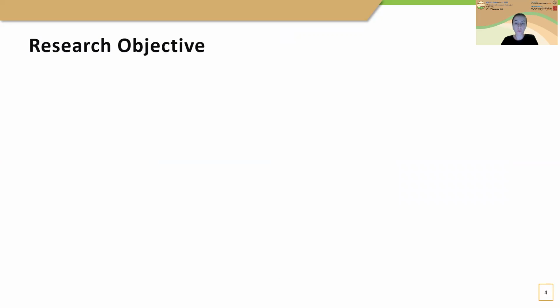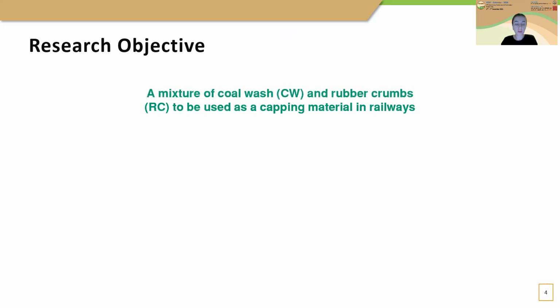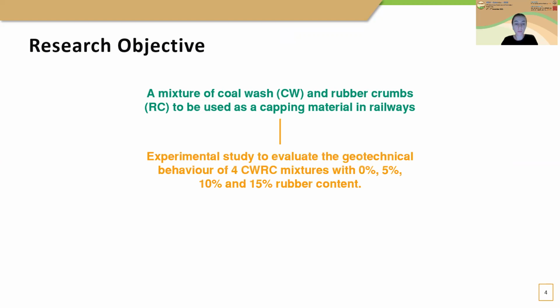This brings us to the research objective. Why not use a mixture of coal wash and rubber crumbs as an engineering fill, such as the capping layer in railways? Rubber crumbs are mainly added to the mixture to reduce the breakage of coal wash, which is weaker than traditional quarried materials. To this end, a comprehensive experimental plan was conducted to evaluate the behavior of the mixture with 4 rubber contents. Such a study can significantly impact the industrial as well as the environmental aspects of many